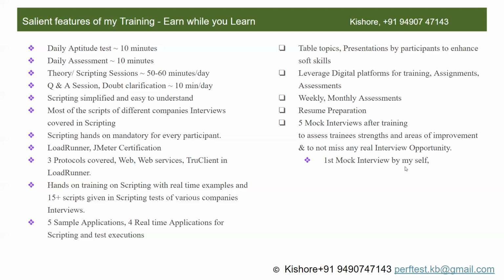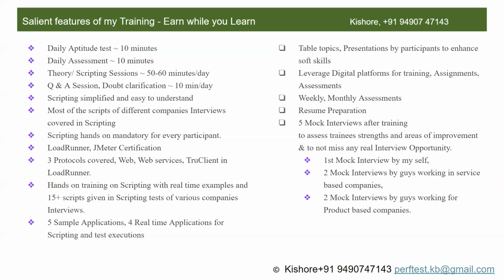Once I am okay with the mock interview, I will be scheduling 2 more mock interviews by people working in service based companies, and 2 more by people working for product based companies. So altogether 5 mock interviews, and you will get a real assessment of whether you are ready to face the interviews or not. And earn while you learn.